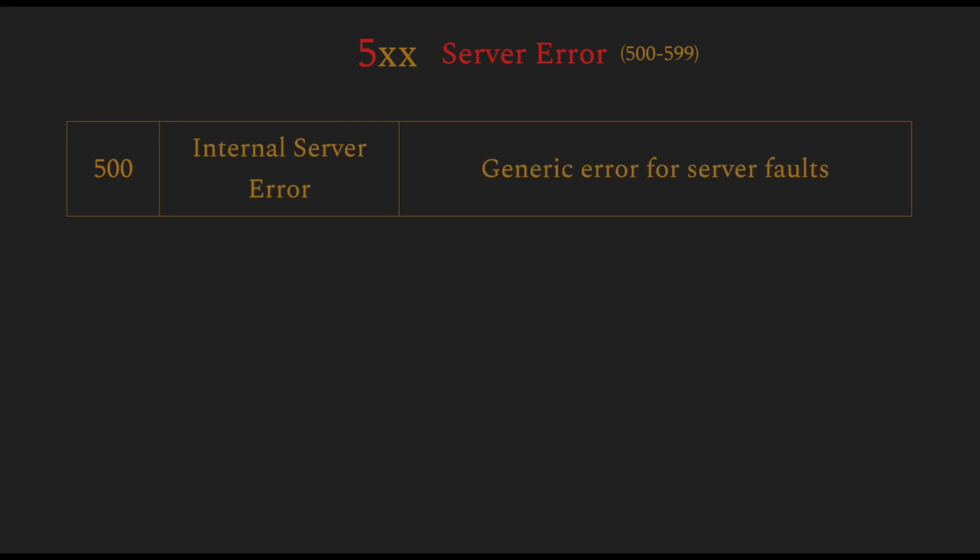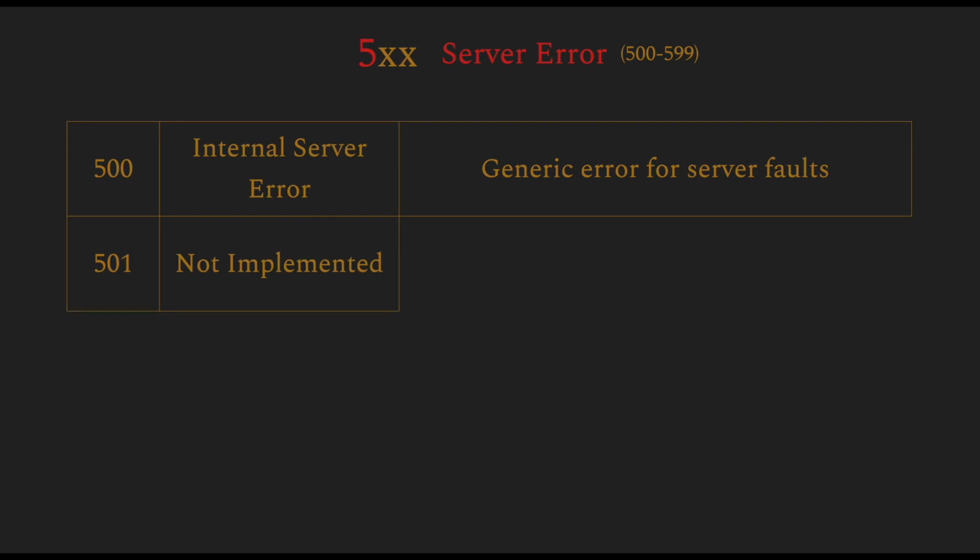And the final case is the 5XX, 500 to 599, server error. The difference between this and the 4XX errors is that in this case, the error is on the server side and the client really cannot do anything here. It wasn't the client's fault, it was the server's fault. The client must either wait and try again or contact the administrator of the server to check what the problem was. There are a few common cases here, which is 500. The internal server error case, which means there's something wrong in the server. This is a very generic error that could cover many different types of server faults. If you see this error, most likely you need to either wait or contact the administrator of the server.